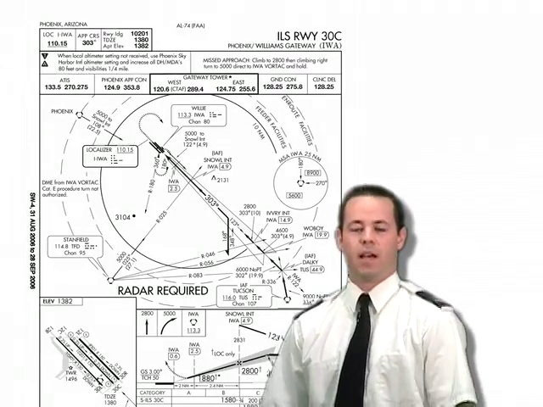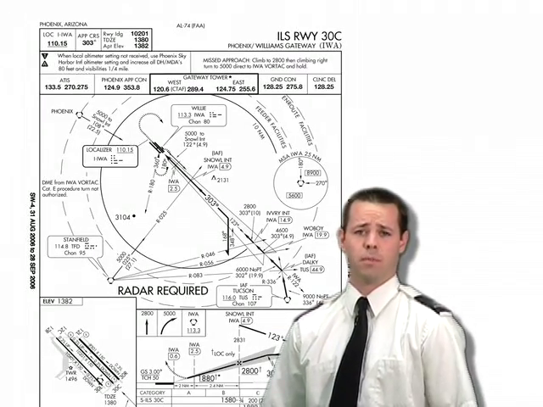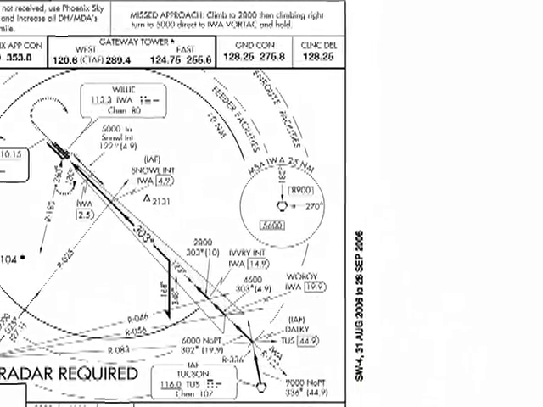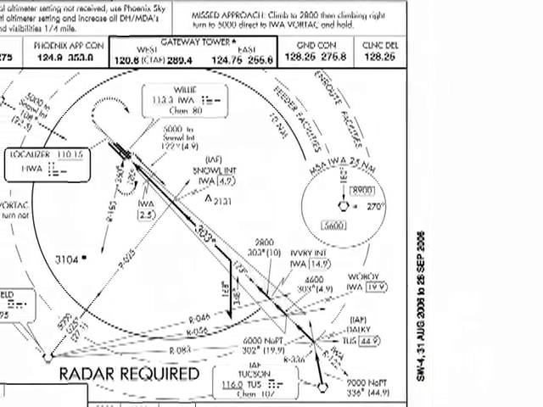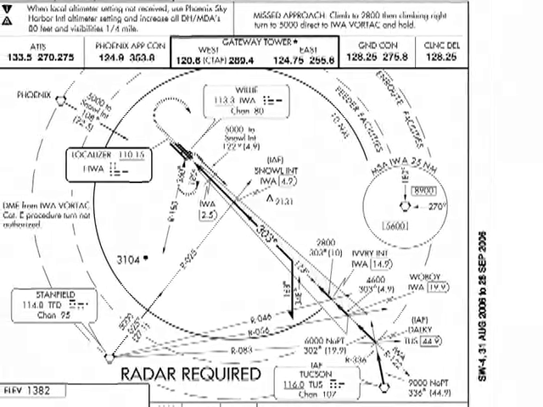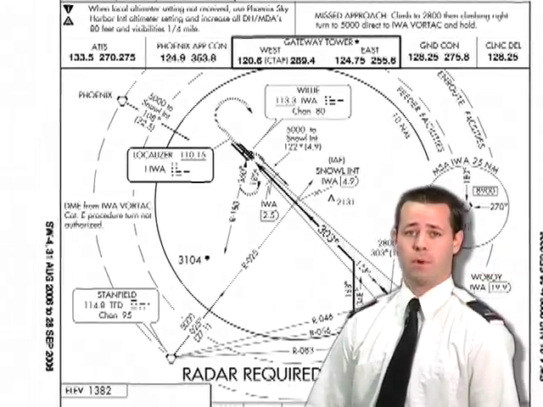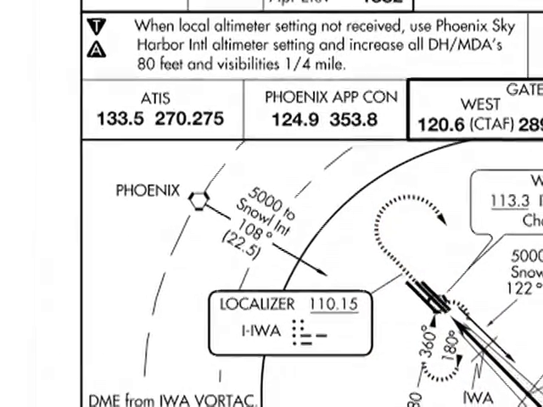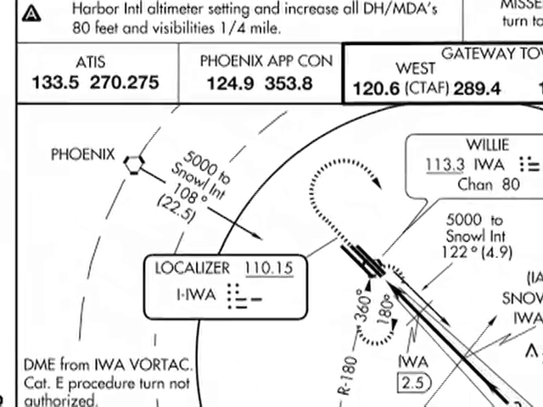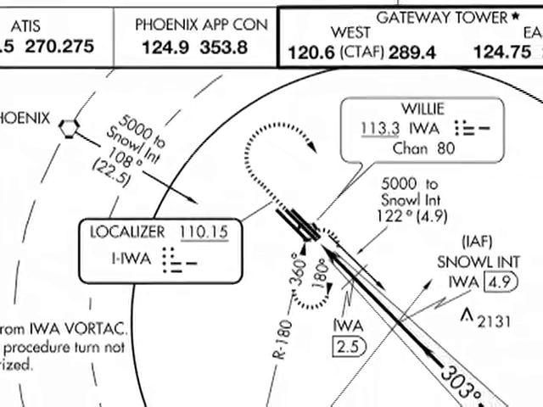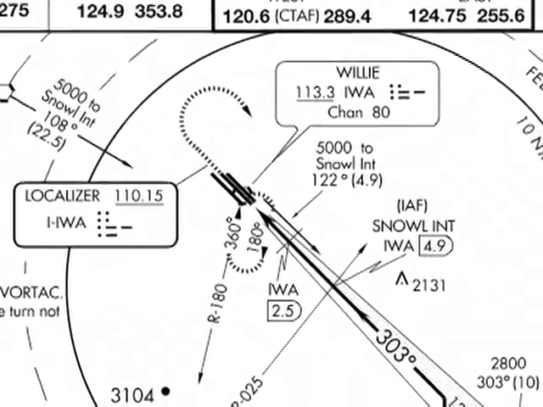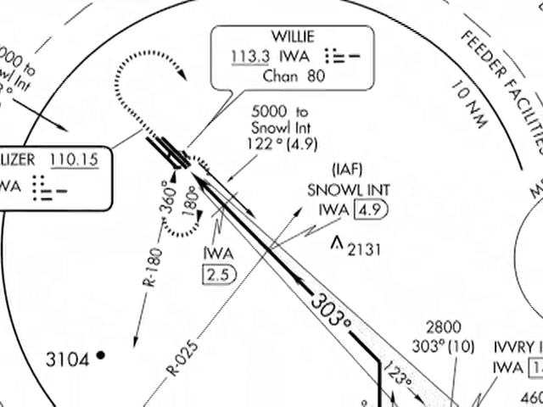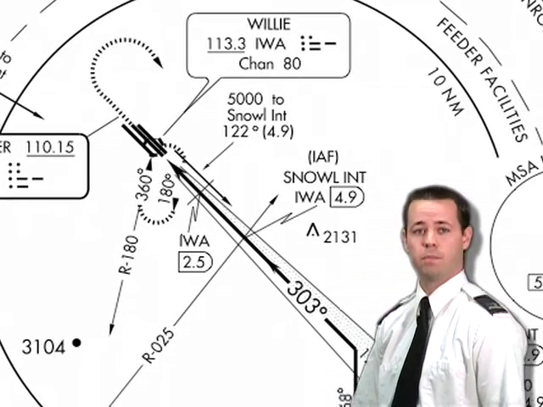Today we'll be discussing the ILS approach runway 30 center at Williams Gateway. The first section we'll look at is what's called the arrival segment of the approach, which utilizes feeder fixes. For this approach we have three separate arrival segments. The first one will be noted by the Phoenix VOR, flying inbound on the 108-degree radial, which is approximately 22.5 nautical miles to the Snow intersection. The altitude to be flown for this segment of the approach is 5,000 feet when on this published segment and